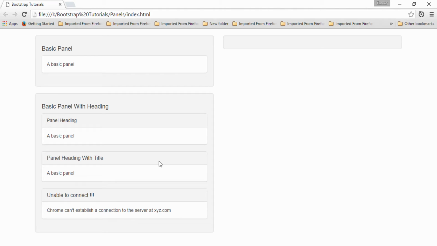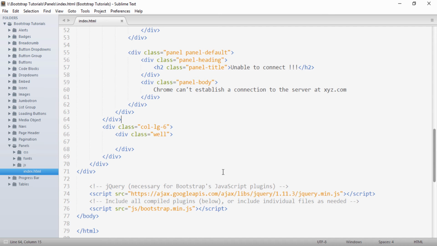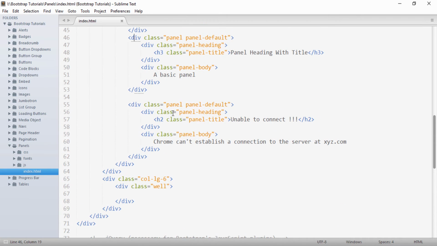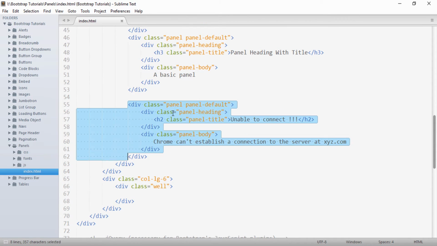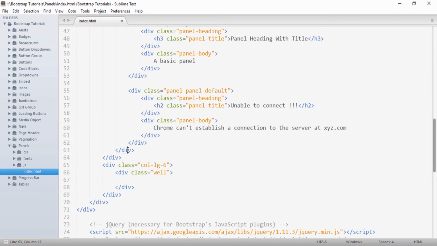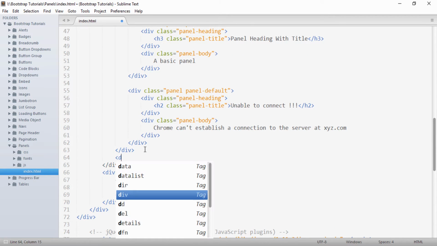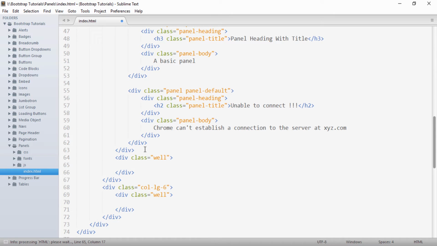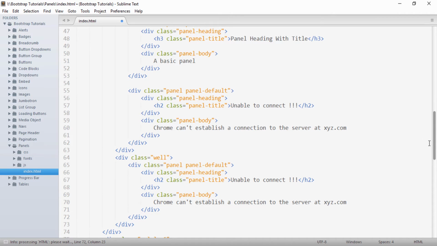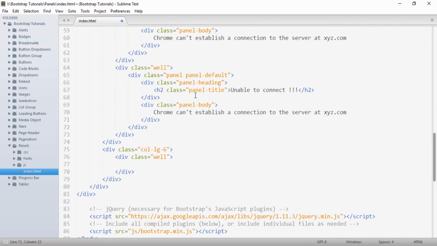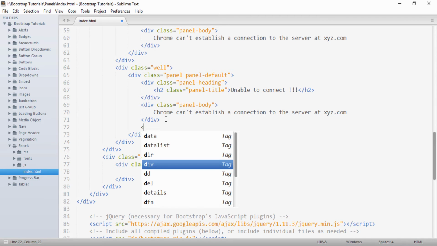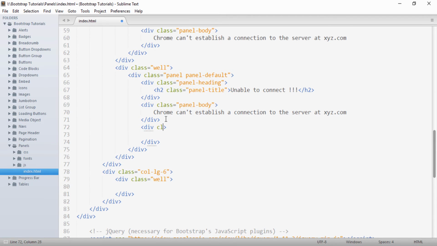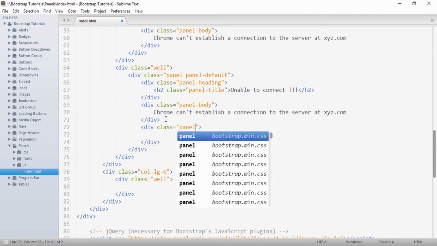So to this panel we can even add a footer. I'll just demonstrate a panel with a heading and a footer. So I will go here and let's say I copy this part only, and I will create one well, and inside this well I will just paste it. So let's say we have taken the same example and we have a heading, body, and under it we have to provide a footer. So I will give a div, and to this div we have to provide a class of panel-footer,